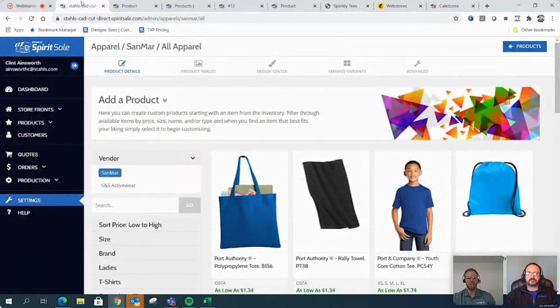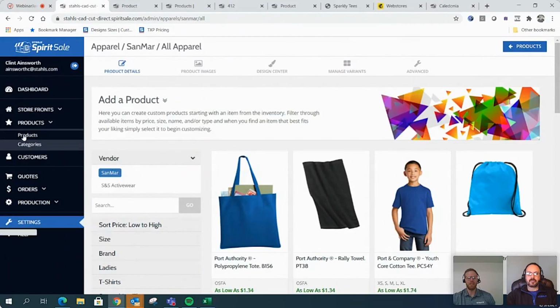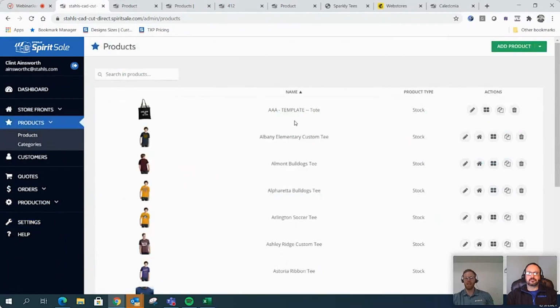I'm actually going to be back over in my SpiritSell side, where now we can see we have the ability to add products specifically. Just as generic, I can go in here and add a product, or I can create a store and then, while I'm in a store, go and create a product that's going to be tied to a specific store. So you can go either way. If I wanted to, I could create products first and then assign them to a store after the fact,